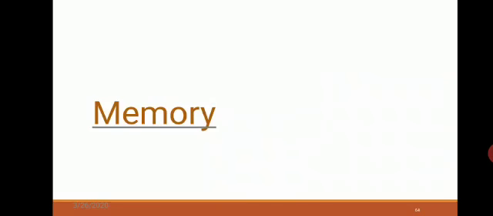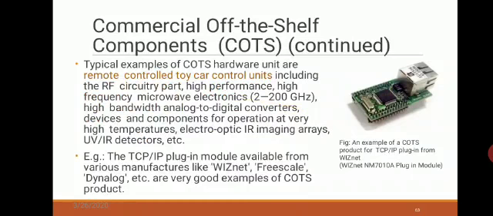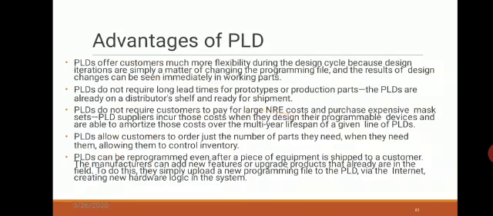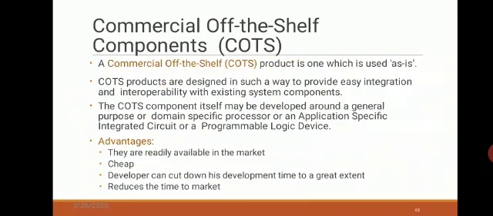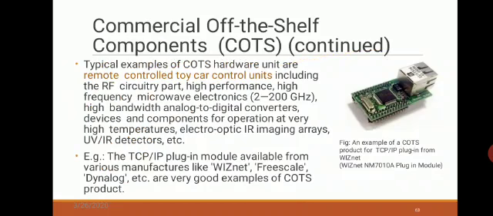Okay, so let us finish here. In this class we have finished the entire core of an embedded system, starting with microprocessor, microcontroller, DSPs, ASICs, PLDs, and the COTS at the end. These are used as the core of the embedded system. So we have finished the core, which is the central part of the embedded system.